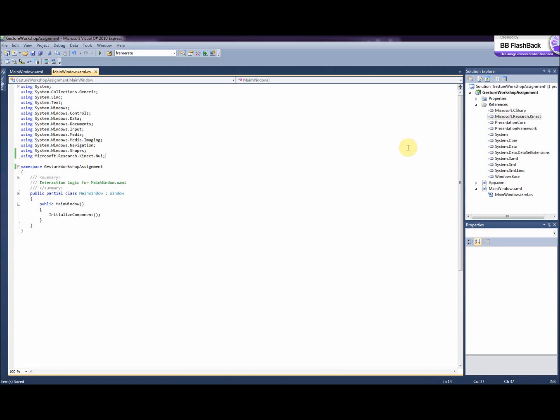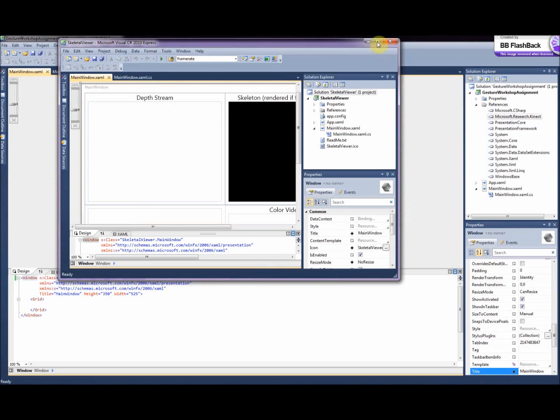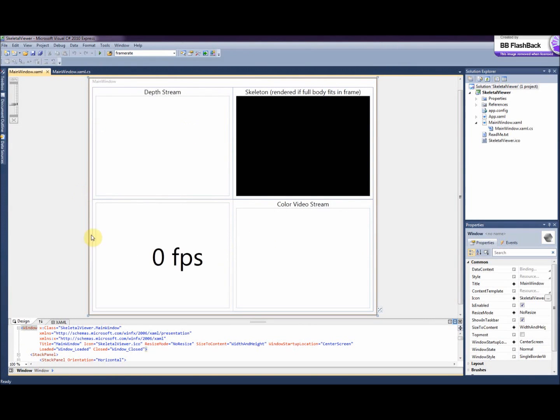Now let's go back to the XAML file. Okay, so basically we want to build the graphical user interface the same as the skeleton viewer. So let's look at the skeleton viewer again. So this is the skeleton viewer, and you can see that the graphical user interface consists of these different components. Okay, so these different components